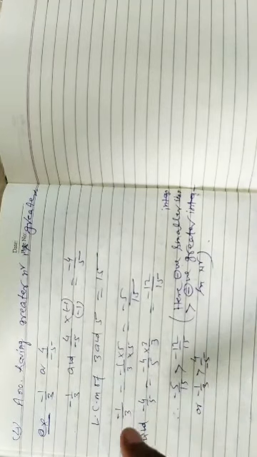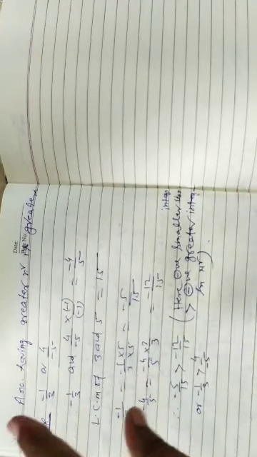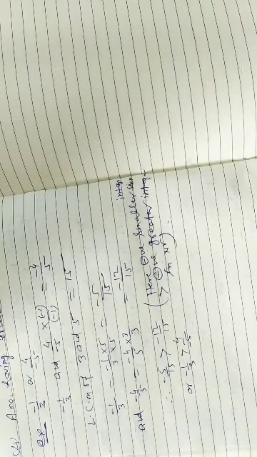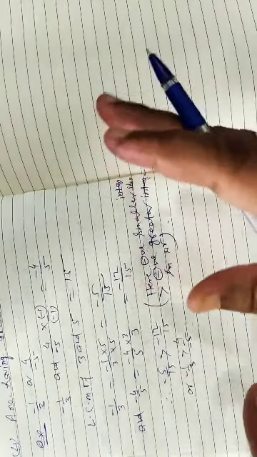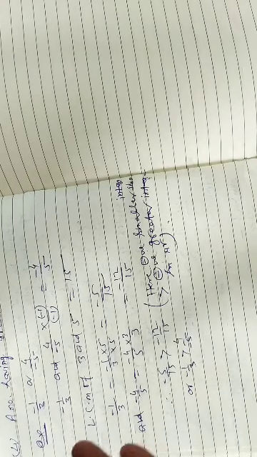So a lot of questions are given in the exercise. Understood? So with the help of this you can do them. In exercise 1.1, question numbers 1 to 6 you can do with the help of this. Other questions also you can do. Here ascending and descending order is given, so just like we have discussed comparing rational numbers, with the help of this you can do. Suppose that you have some problem, tomorrow we will discuss this. You will do these questions at home.